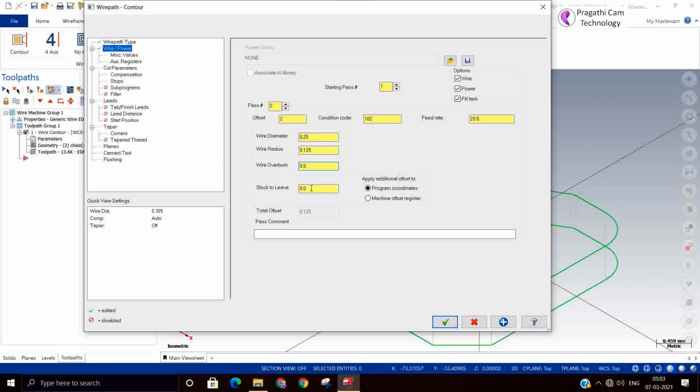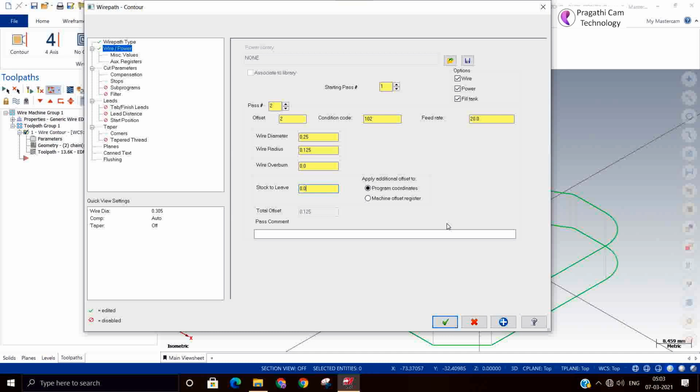So next is overburn and stock to leave. Overburn, what do you mean by overburn? Means it's negative stock cutting. Means you are cutting a little material more than your profile. Next is the positive stock, and it means you are leaving some stock and cutting the material.